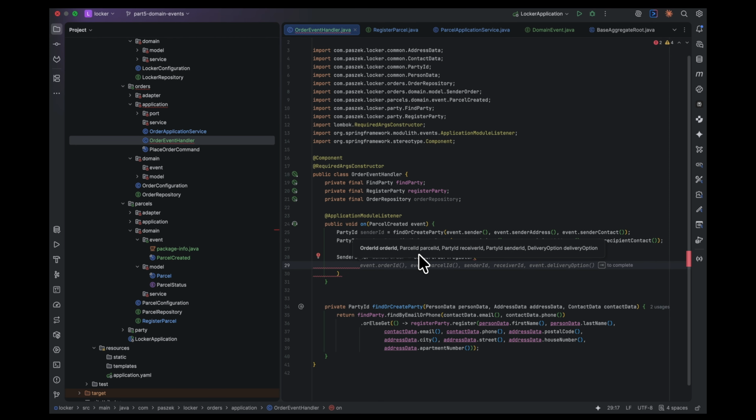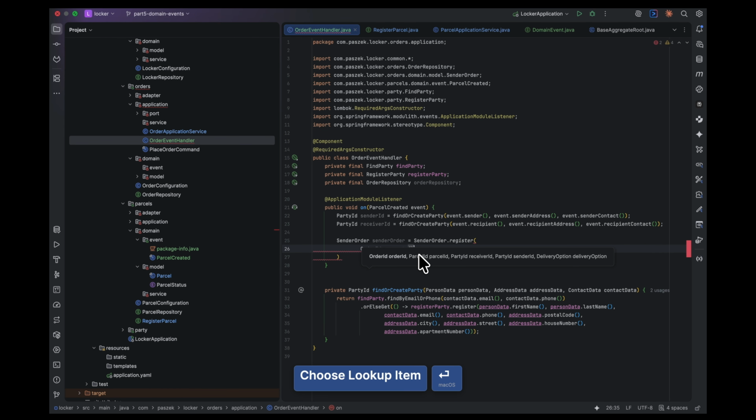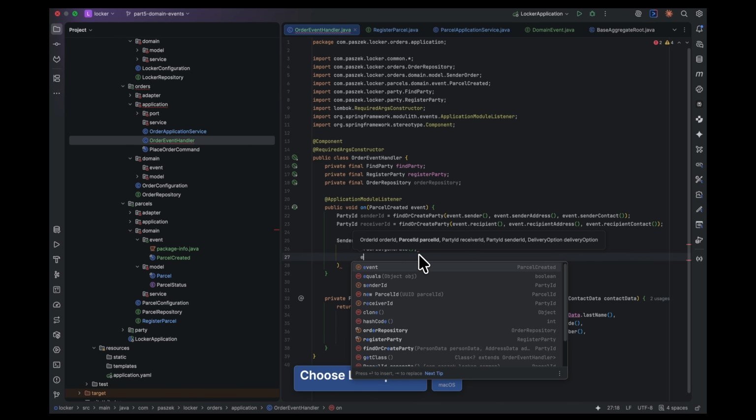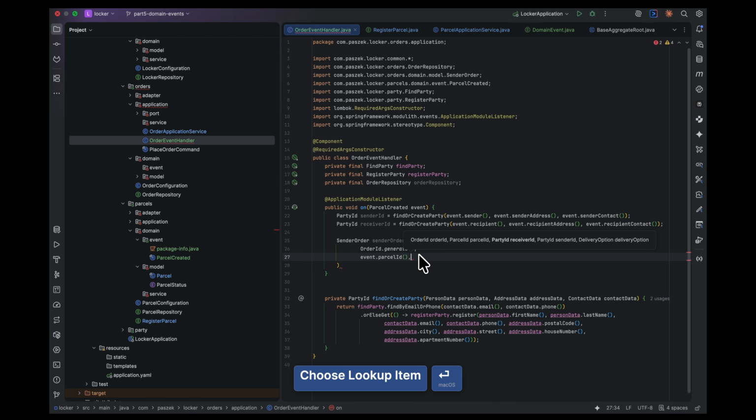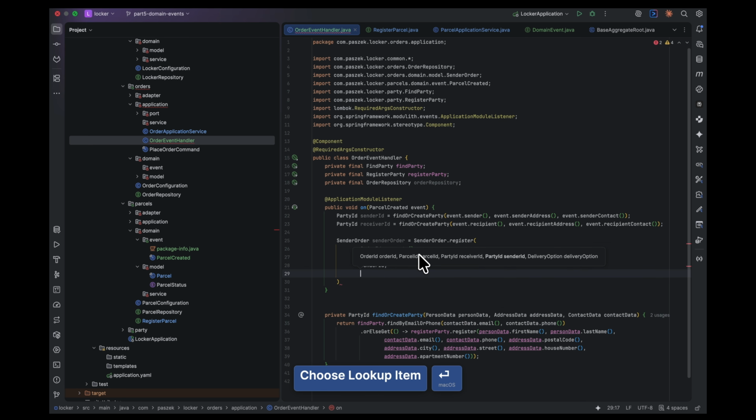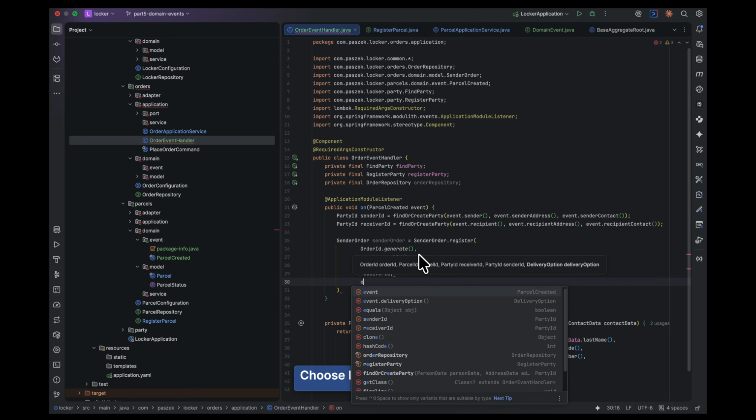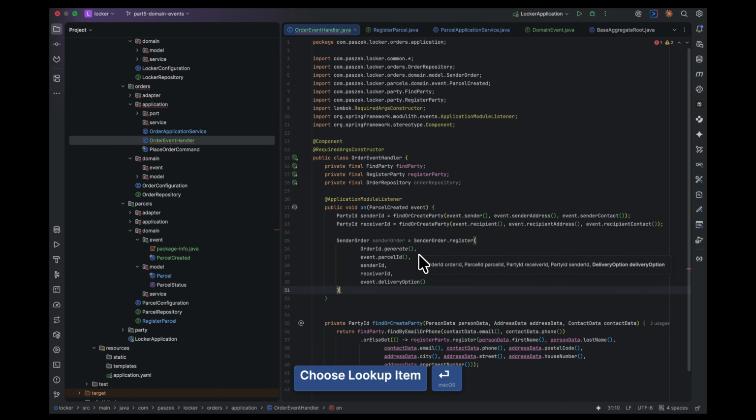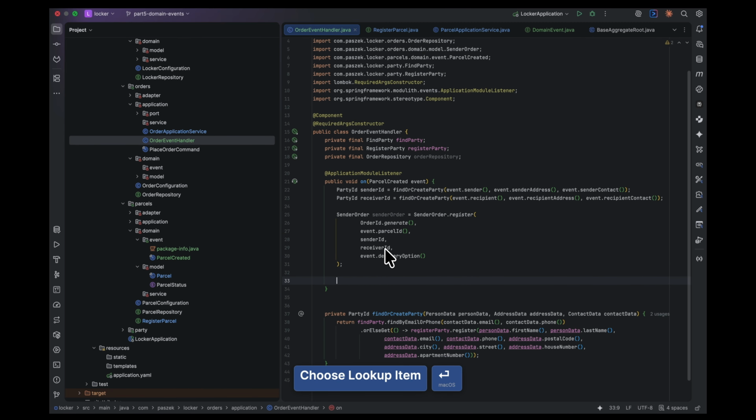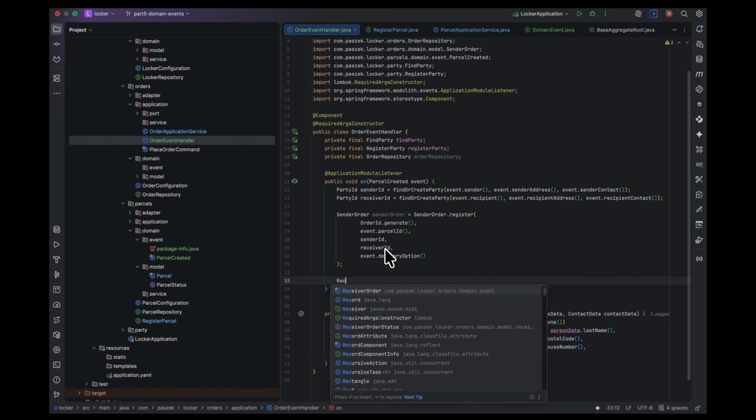So here we just have order ID generate, event.parcel ID, sender ID, receiver ID, and event deliver option. Okay, right, like that. So receiver order